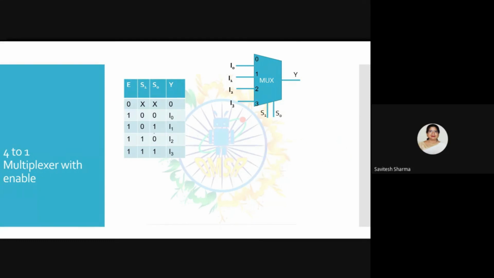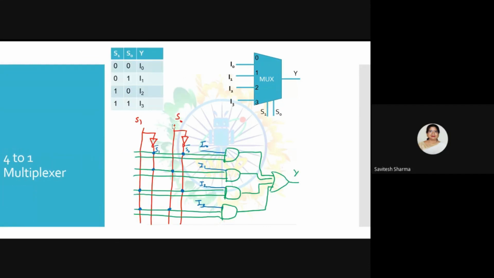So what will be the difference in the circuit if I am including the enable? What will you do in the circuit? Additional thing. The only thing you have to do here is, suppose you are using an enable signal with your AND gate, the output is decided based on the E. So you will connect the AND gate with the E.